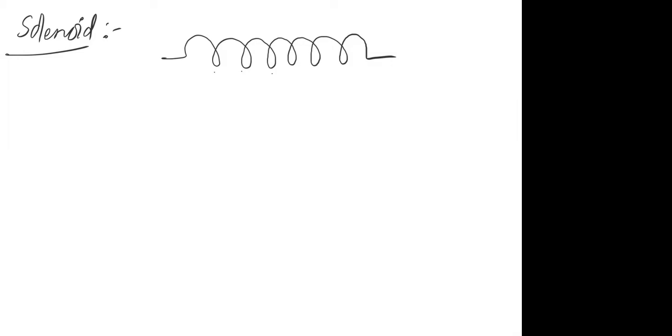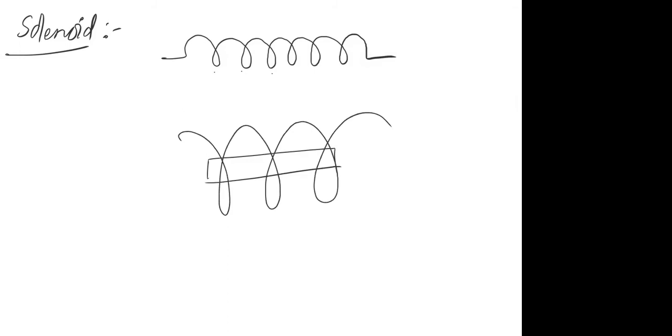Now, why do we use this solenoid? First, understand this. We use this solenoid to form electromagnets or temporary magnets. You must have heard that we can form temporary magnets by passing current. For example, if you take an iron and you want to make it a temporary magnet, what we do is place this iron in the core of the solenoid, and when we pass the current through the solenoid, this iron gets magnetized and it remains magnetized till the current is passing through the solenoid. Once the current is switched off, it gets demagnetized. That means to make a temporary magnet, we use a solenoid. A solenoid can be used to make temporary magnets.